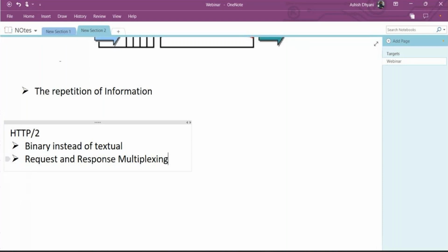So if a server is sending three different responses, through a single TCP connection, we are sending it to the client. We don't have to open multiple TCP connections, right? So over a single connection, we are sending it. That is the meaning of request and response multiplexing, right? And for that, HTTP 2 uses